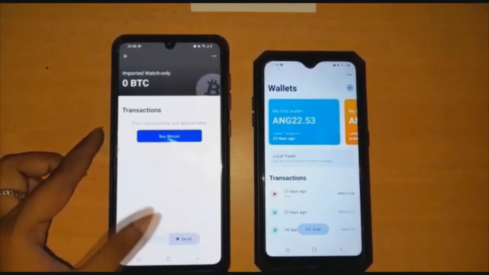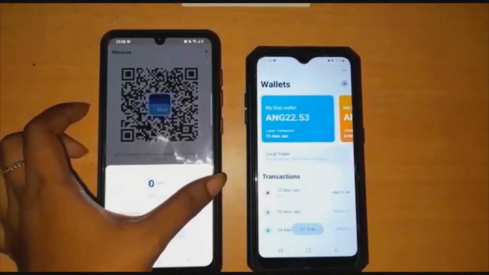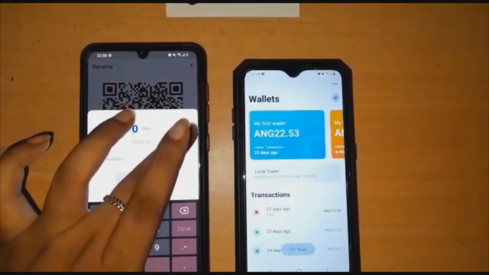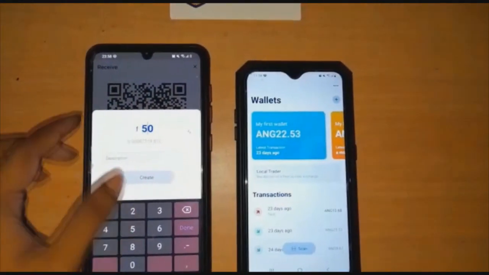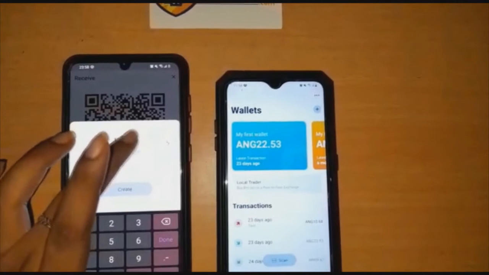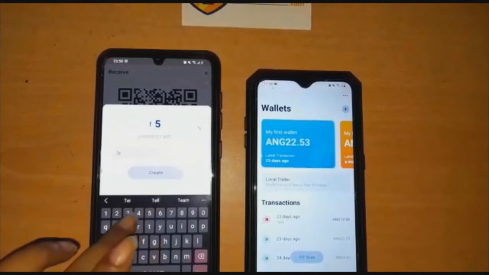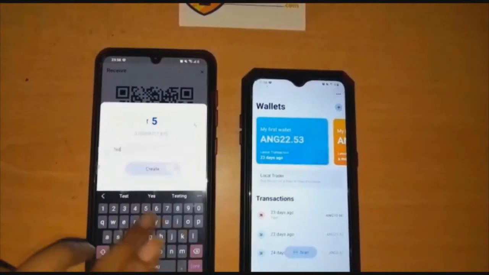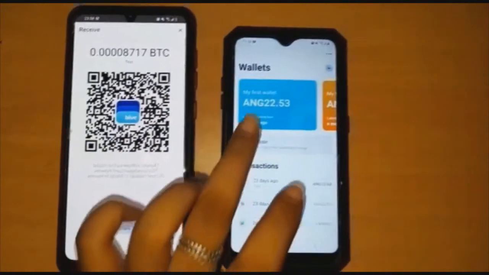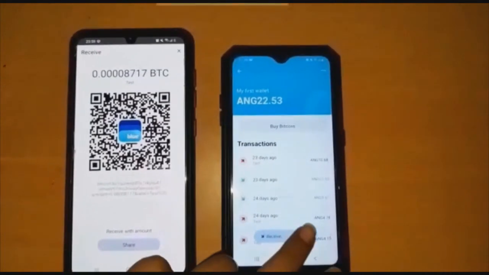Click on the wallet, click receive with amount, change the currency to florins, put for example 5, add a description, click create, and then on another phone, for example the customer's phone, we click send,